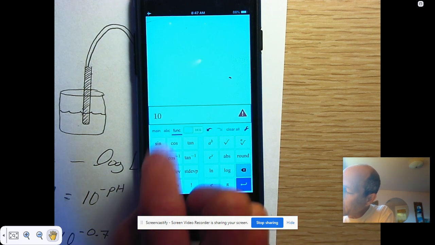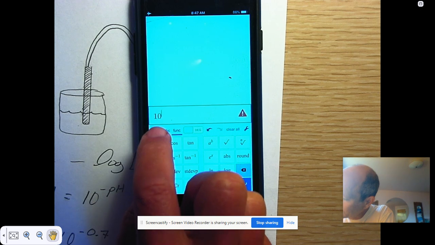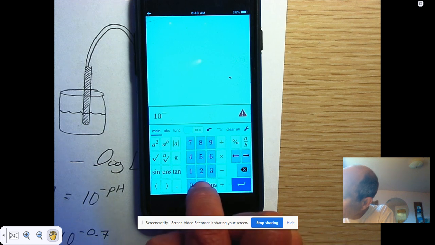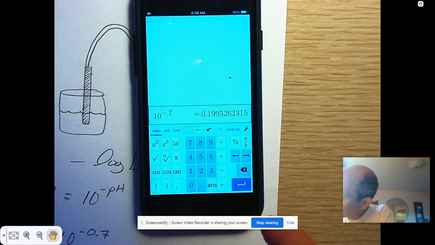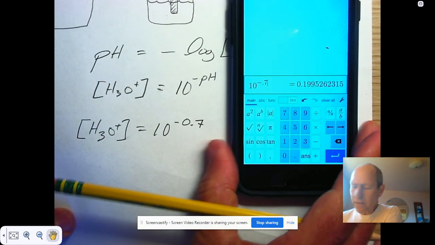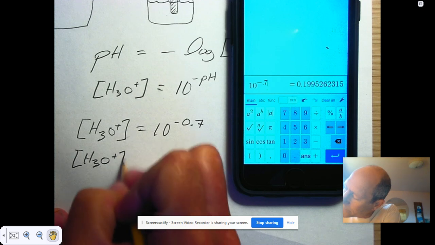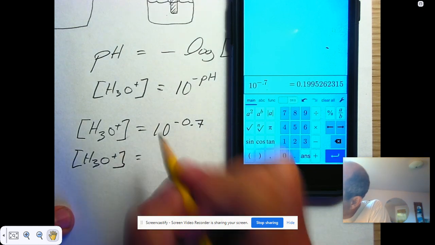So I'm going to go back to the main menu right here, and I'm going to say negative 0.7, negative 7/10. And there's my answer right there. What do you guys think about that? The answer is that the hydronium ion concentration is equal to